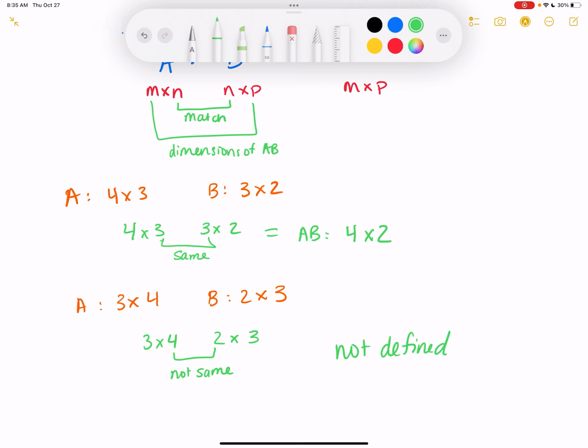Should you happen to attempt on your calculator to multiply two matrices that when you check them wouldn't work, it is going to say something like invalid dimension, something like INVDIM or something like that is what your calculator will say if you attempt to multiply something that cannot be multiplied together. Oftentimes people come up and it'll be a problem where I'll be like, you can use your calculator,